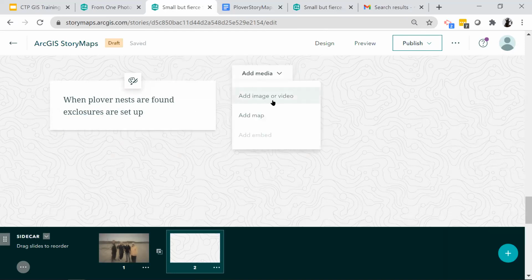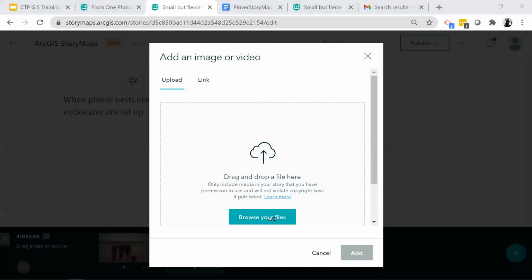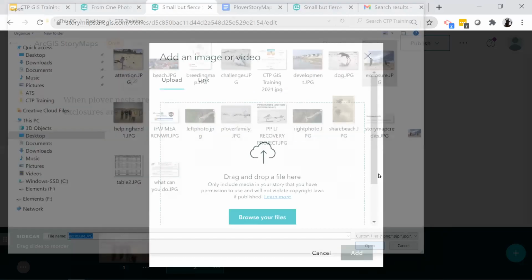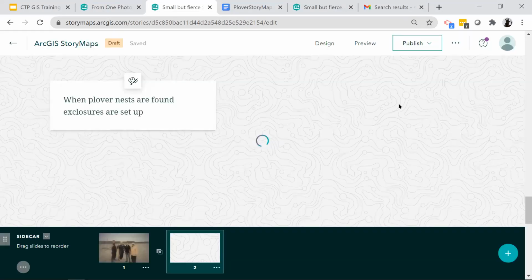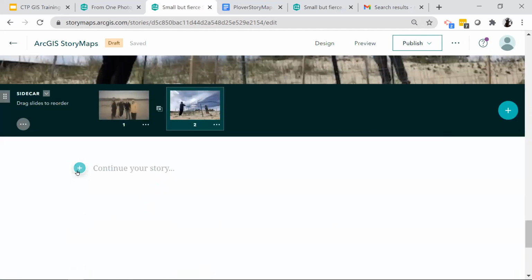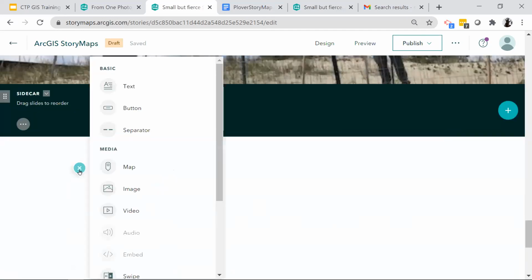Add the media, add our media, go to browse. And here we have enclosures. Add. Okay. So now we've talked about two ways that we have helping hands for people. And then we're gonna end this with